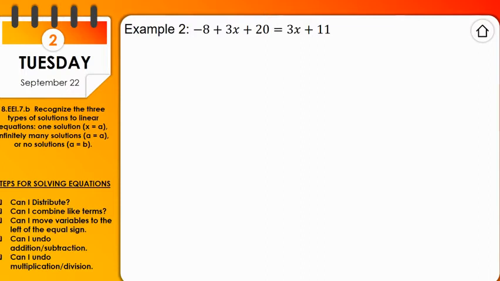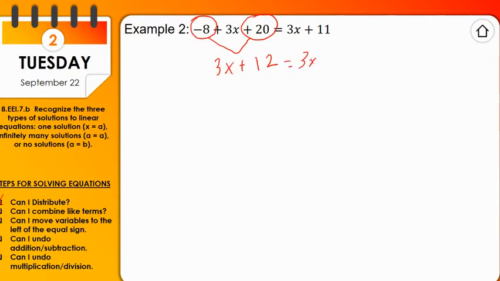You look at the question, there are no parentheses, so the answer to that question should be no. Can I combine like terms? -8 plus 3x plus 20, -8 and positive 20 are both constants, which means that I can combine these two values. So when I subtract 8 from 20, I'm left with 12. Bring down my 3x